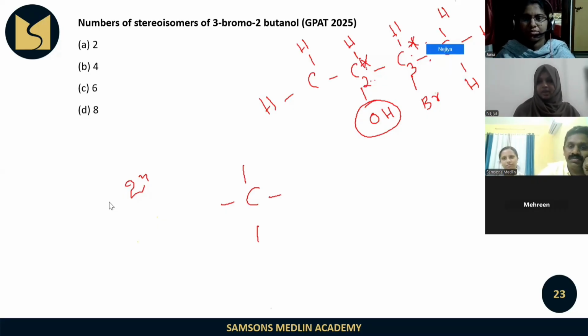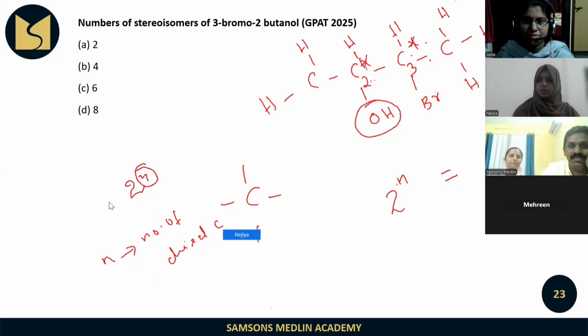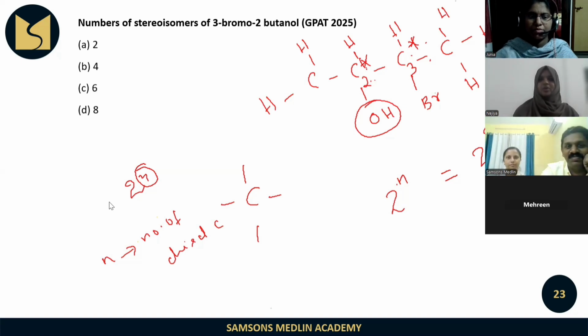So we know that there is a formula for finding the number of stereoisomers, that is 2 raised to n. Here, what does n stand for? N means the number of chiral centers, or chiral carbons. So 2 raised to, how many chiral centers are here? 2 raised to 2 is equal to 4. So 4 stereoisomers are possible for